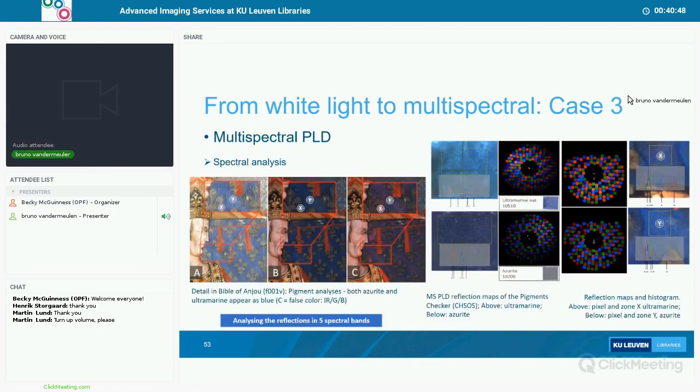A third example to explore the possibilities of this tool. Here we have a detail on the Bible of Anjou, on folio number 1. We have used the same tool, and as we are using five different spectral bands for the multispectral dome, you can also start understanding the spectral response of each of the materials you have been imaging, in this case,